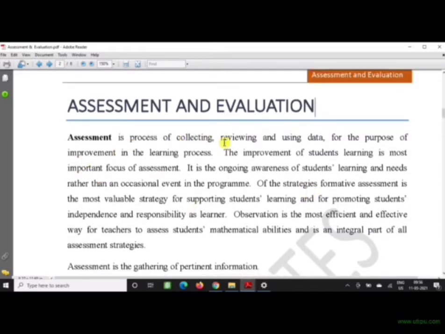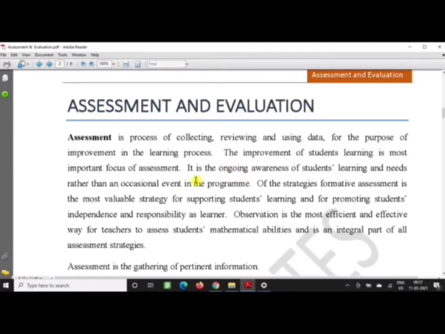It is the process of collecting, reviewing, and using data for the purpose of improvement in the learning process. Assessment here is purely used for the purpose of learning. Here the teacher will try to understand or check the improvement of the learning process in his or her students.